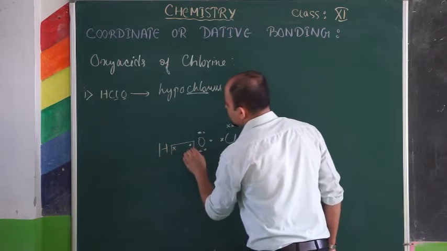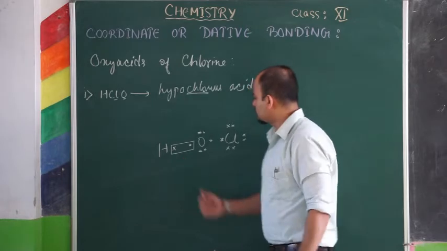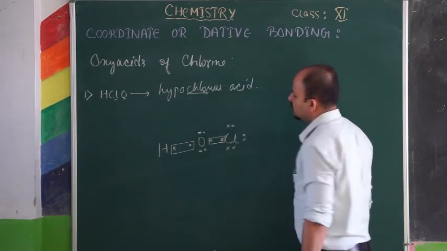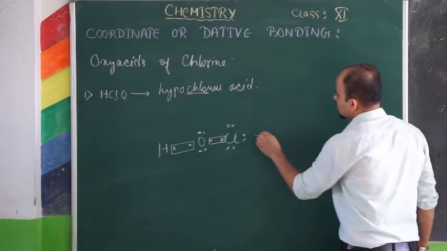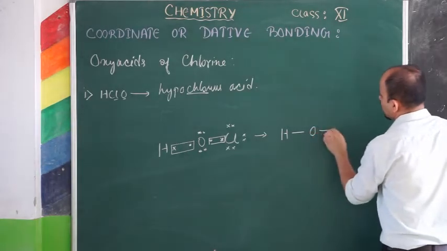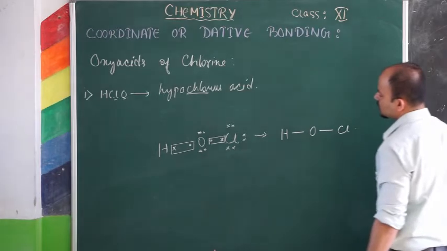So here you can see that these two will be involved in covalent bond formation with hydrogen, and these two will be involved in covalent bond formation again. So we will be getting the structure of hypochlorous acid as